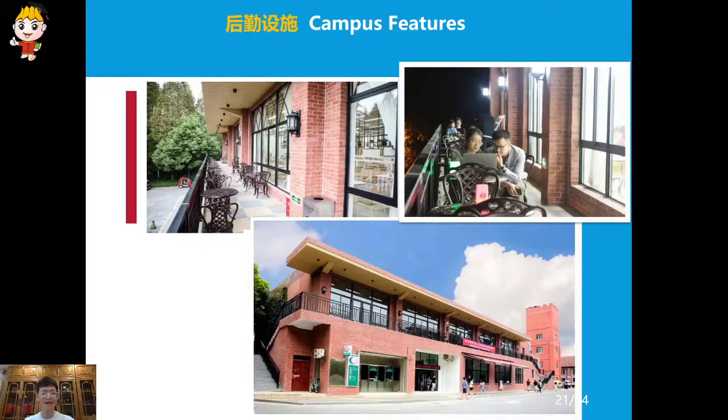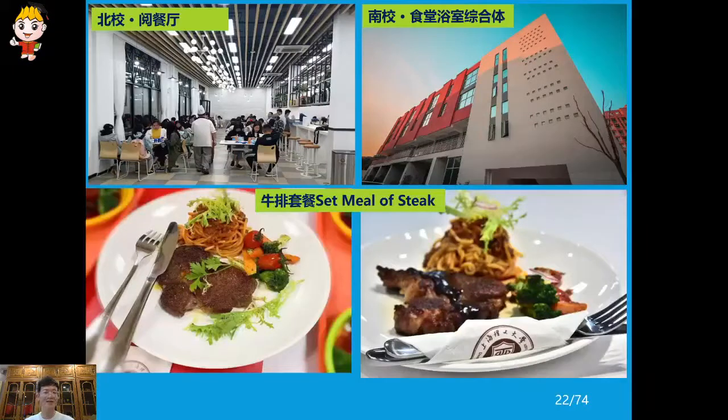And for the facilities here, this is a canteen, okay, on the North Campus. Students can study there, okay, outside or enjoy the food, the gastronomy, sweets there. And this is the canteen from the North Campus. And also the canteen on the South Campus. On the right, this is a complex building of the canteen and shower room. Also, 2 pictures depict the gastronomy, the delicious food. So you can order it.